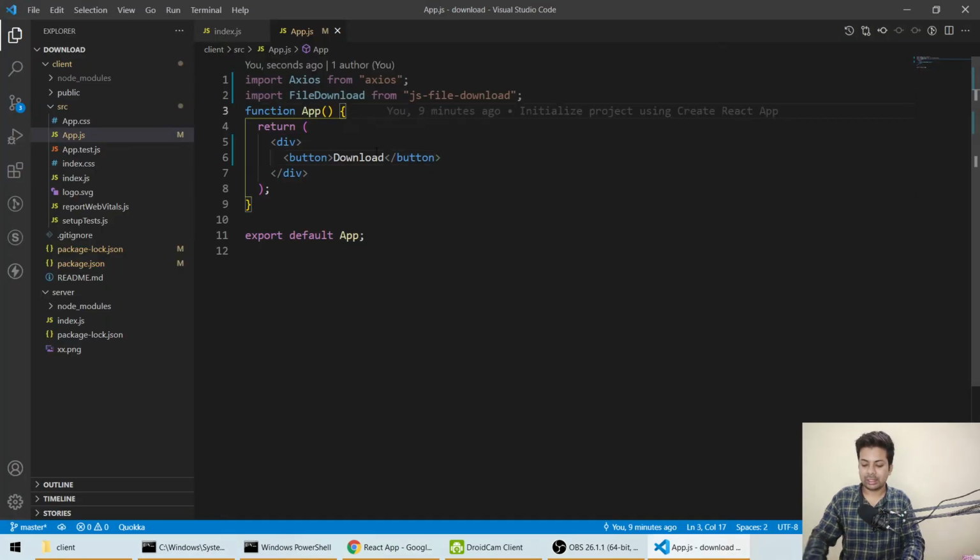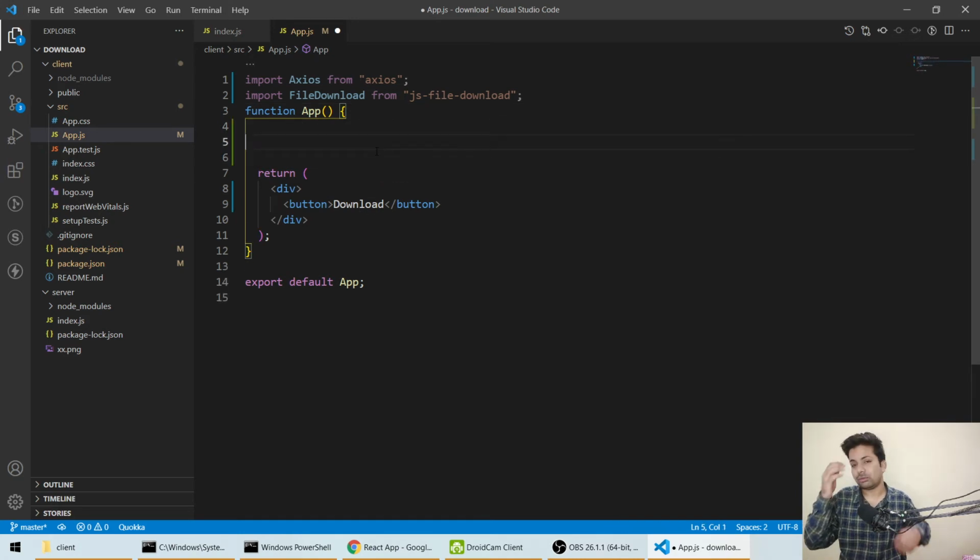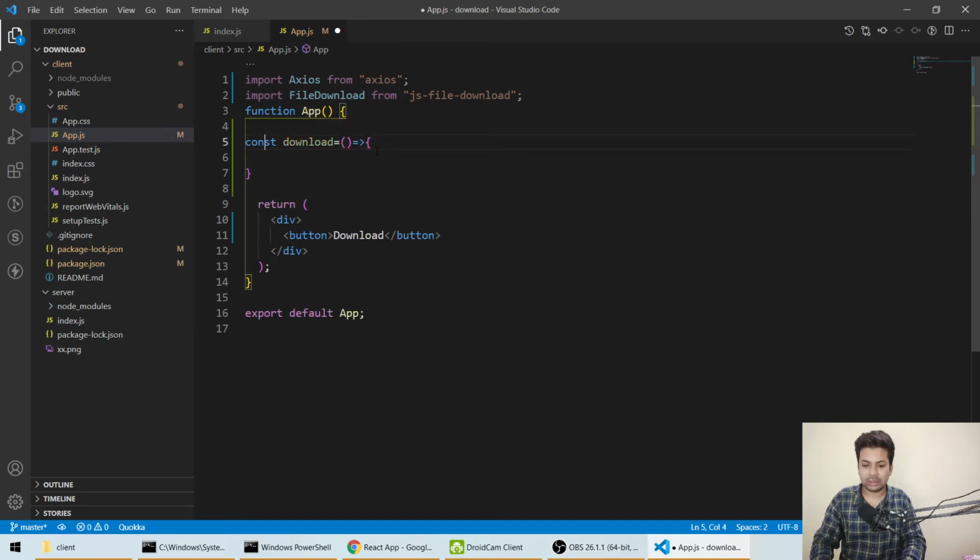Now here we'll create the function through which we can call the API and download the file. We'll say const download, and this will take e as the parameter, and we'll say e.preventDefault, for the page not to reload, because we are making a get request. I think for a get request it shouldn't reload. Yeah, it shouldn't reload, so let it be.